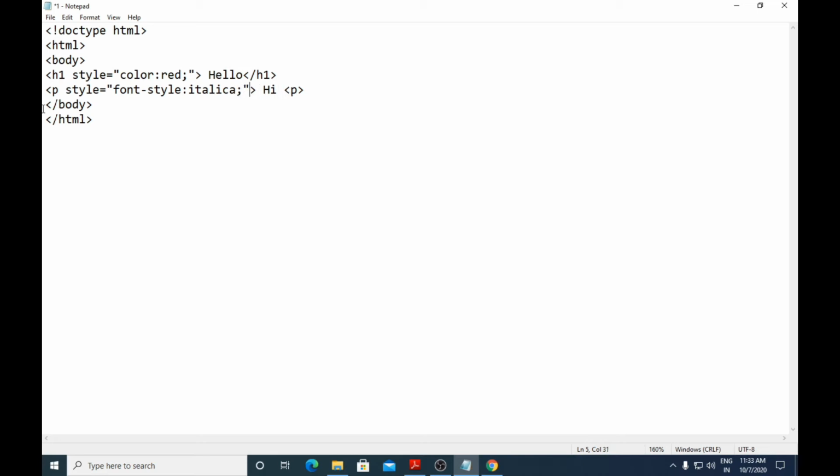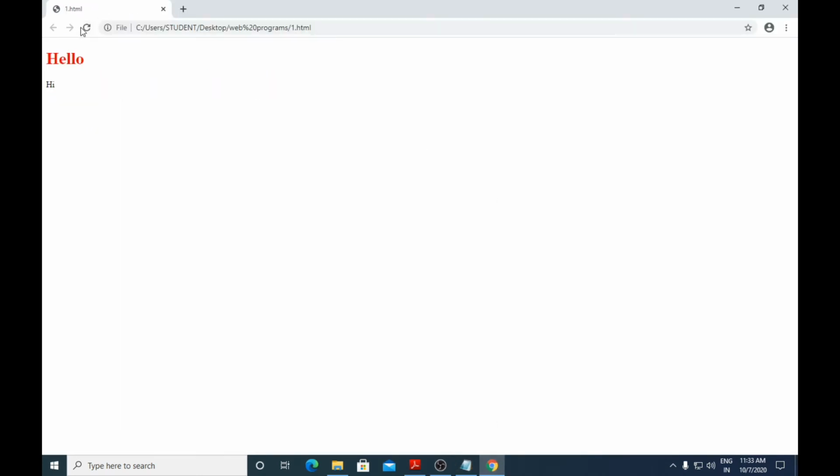So for the h1 element I have chosen the style color, and for the p element I have chosen the style font-style, and it should be italic, not italica, italic. Control S. So here the paragraph has appeared in italic.